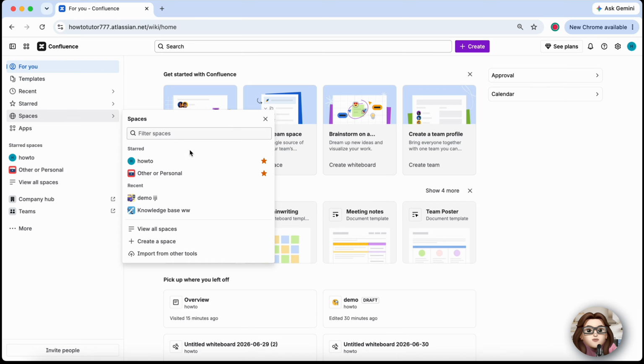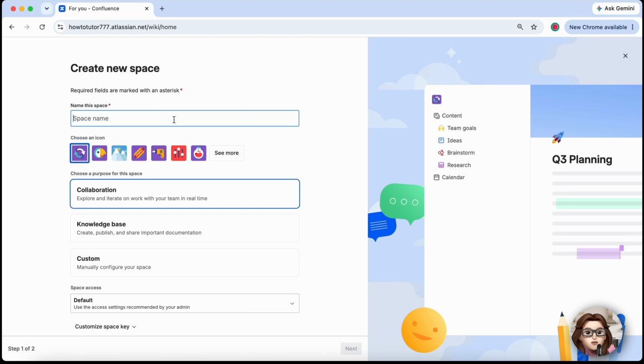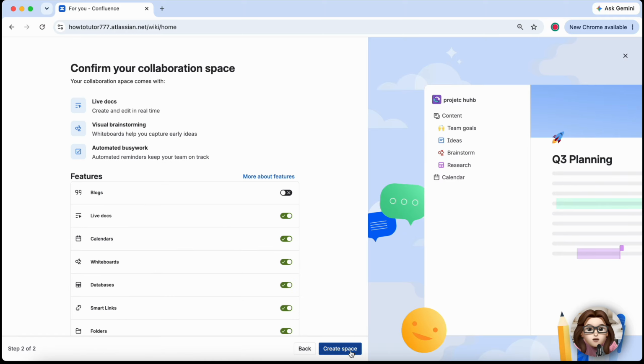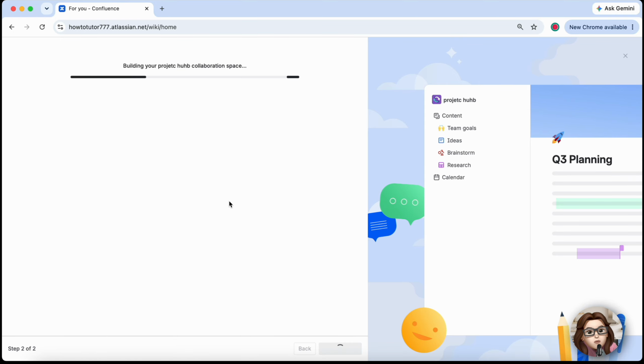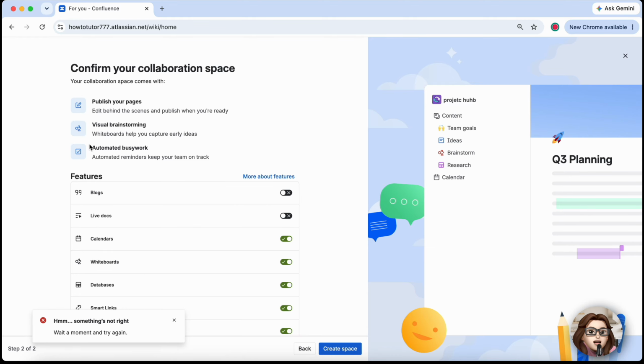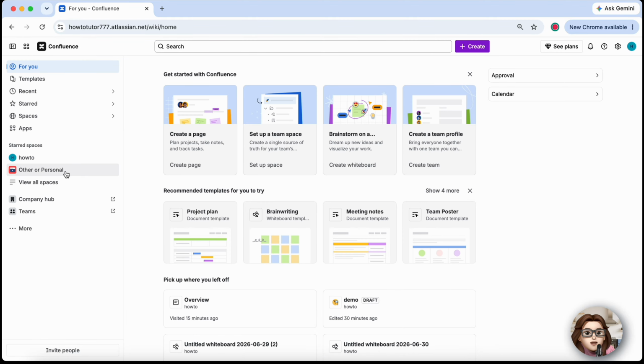If you don't already have a dedicated space, click Create and choose a suitable space for your project. Once you're in the space, click Create to add a new page. When the template gallery opens, search for Project Hub or Project. Select the template that best matches your workflow or choose a blank page if you want to build your hub